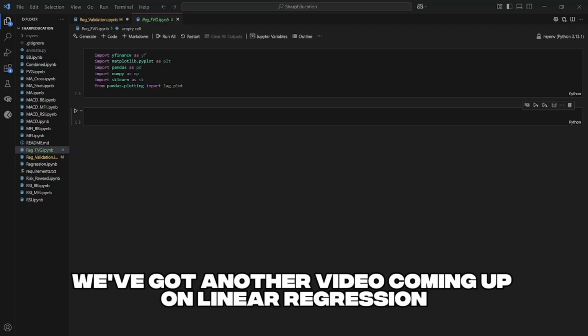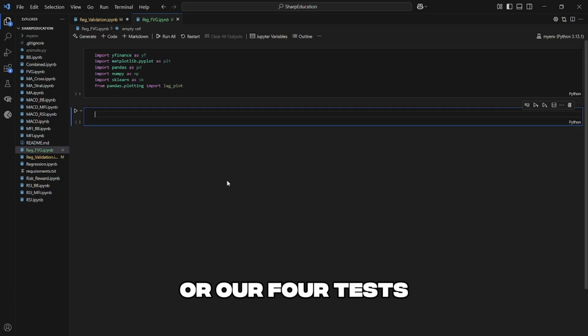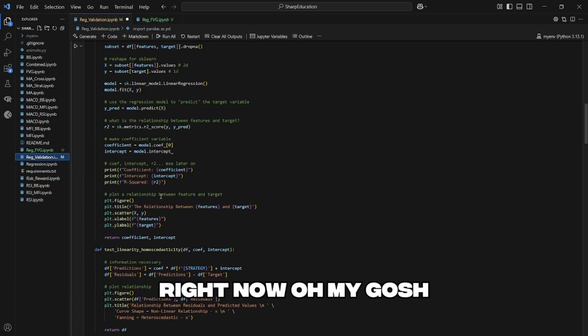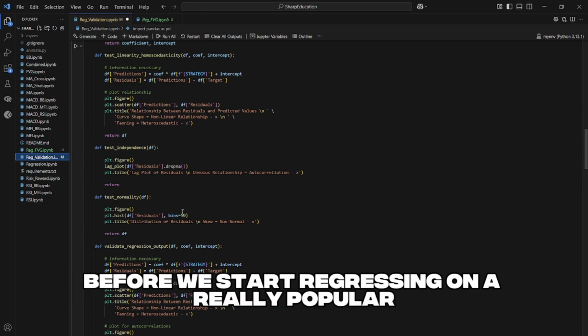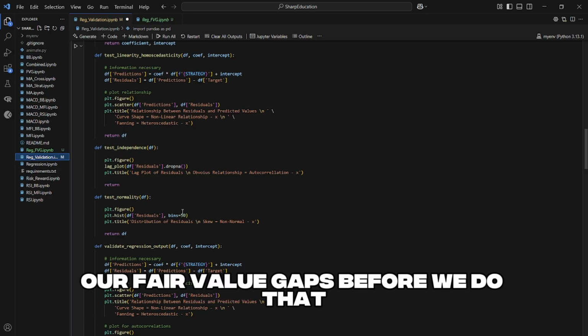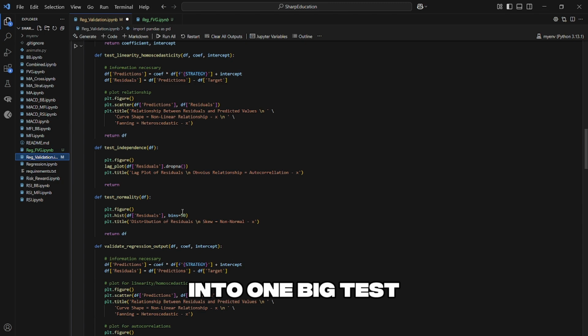Okay, so we've got another video coming up on linear regression now. We've run our four tests using three plots in four separate functions. Oh my gosh, three separate functions. What we're going to do before we start regressing on a really popular term that I don't think is useful, fair value gaps, is change all of these functions into one big